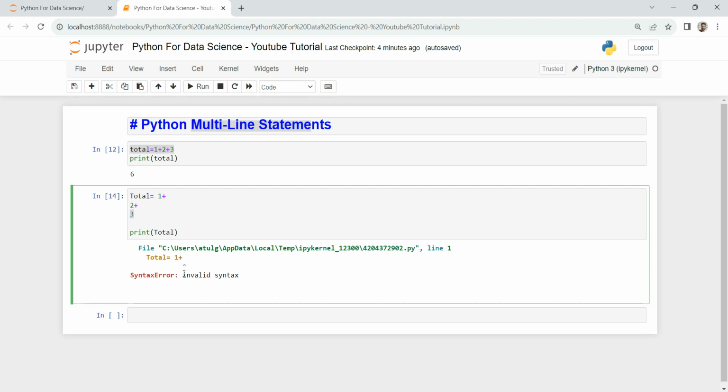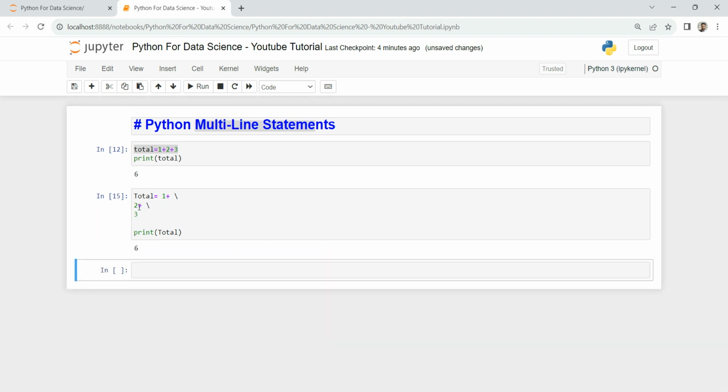So that's why it's giving us an invalid syntax, because Python understands that you want to add these 3 numbers without the multi-line statement, which is the backslash. Now if I add this backslash back and run it again, you will see that we have the output 6. Now suppose you have a statement that is contained within brackets or curly braces